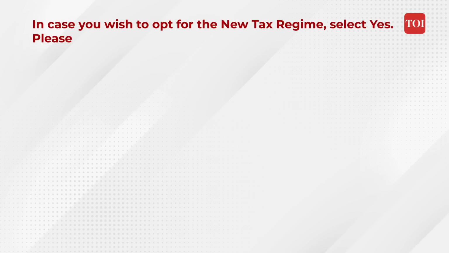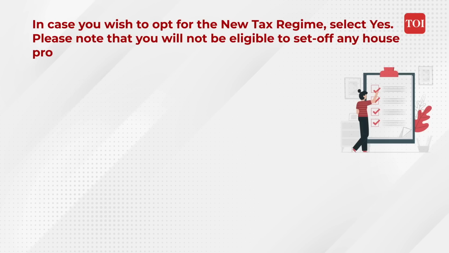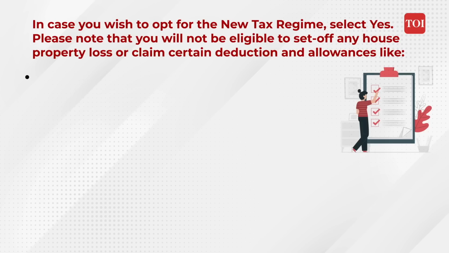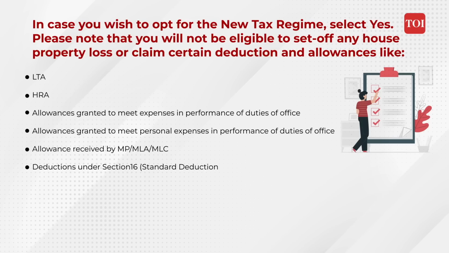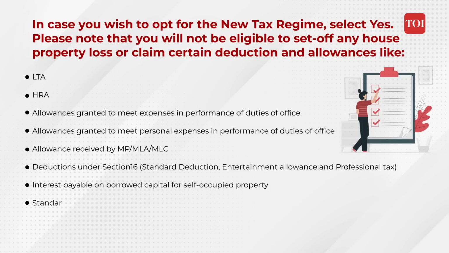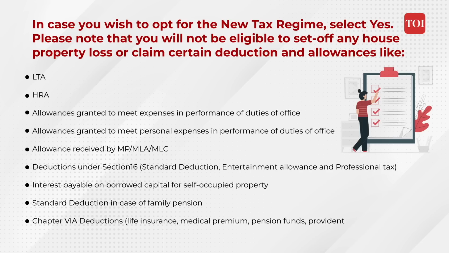Please note that you will not be eligible to set off any house property loss or claim certain deductions like LTA, leave travel allowance, housing rent allowance, allowances granted to meet expenses in performance of duty of office, allowances granted to meet personal expenses in performance of duty of office, interest payable on borrowed capital, standard deduction in case of family pension, Chapter 6A